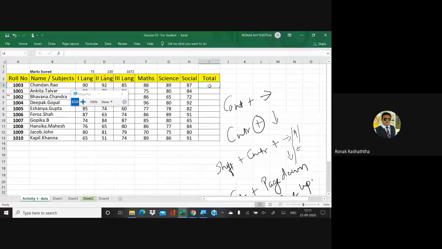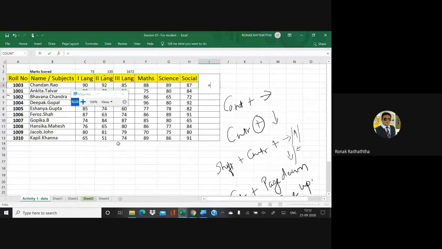Now the very good thing about Excel is that you can do basic arithmetic operations in the cell itself. If you want to divide one cell by another cell, multiply one cell with another, add one cell to another, or subtract one cell from another, those basic arithmetic operations you can do in the cell itself by starting with the sign of equal to. Please put it in the back of your mind. These are the golden rules of Excel. The first golden rule of Excel is that every formula and function in Excel starts with the sign of equal to.